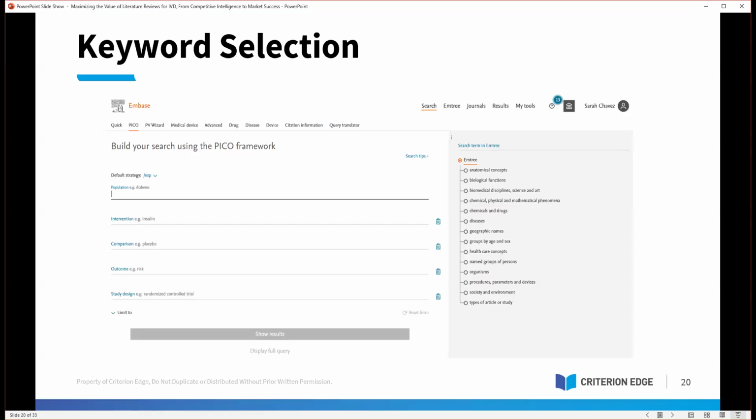If you are brand new to this, if you have a subscription to Embase, they have an amazing tool, this Pico Builder. So you can go to this Pico tool, and as long as you have your Pico terms established, if you know who your population, indications, comparators, and outcomes are, it will give you some suggestions for some potential M-tree terms that you could incorporate. So it's very user-friendly. We work with this with our librarians to really help make sure that we are being complete, because there could be some nuance in the way that the literature is indexed